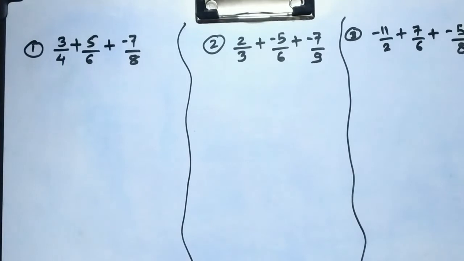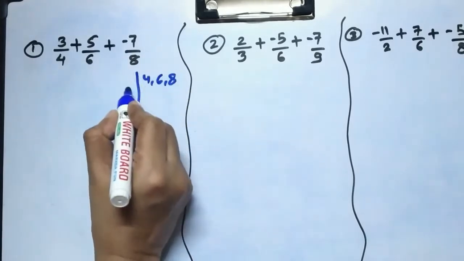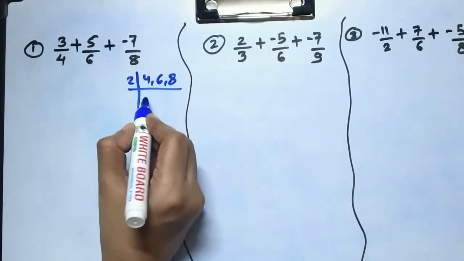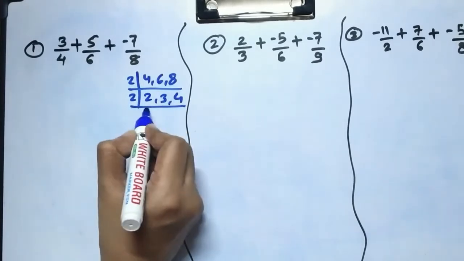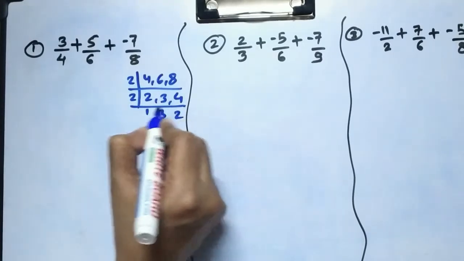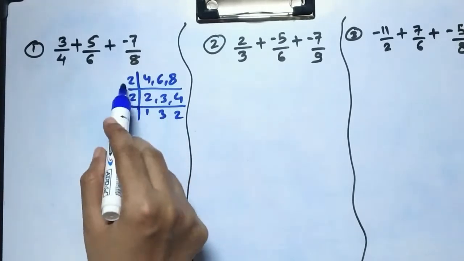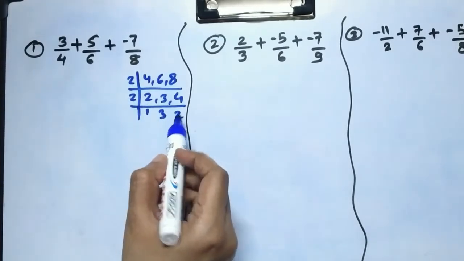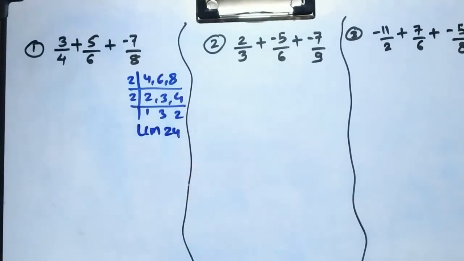So we'll first make them equal by taking out their LCM. First with 4, 6, 8 we take out the LCM. With the 2's table we divide them: 2 2s are, 2 3s are, 2 4s are. Again we go with the 2's table: 2 1s are, 3 as it is, 2 2s are. Now you can multiply these: 2 2s are 4, 4 3s are 12, 2 12s are 24. So the LCM is 24.